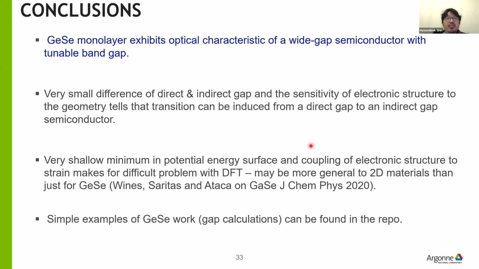the very small difference between the direct and indirect gaps. This tells us the strong sensitivity of the gaps to the strains, and getting accurate geometry is important to obtain accurate optical properties. I just put some of these examples to calculate the gaps of germanium selenide on the GitHub repos